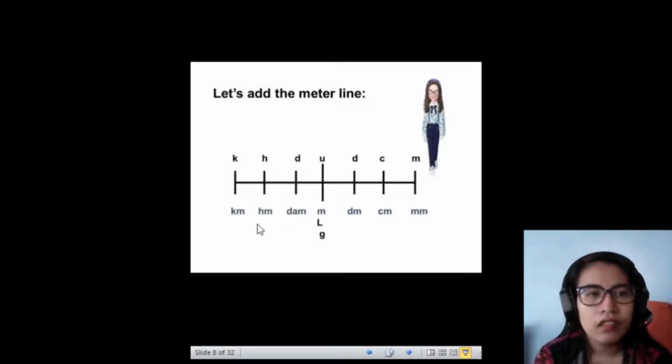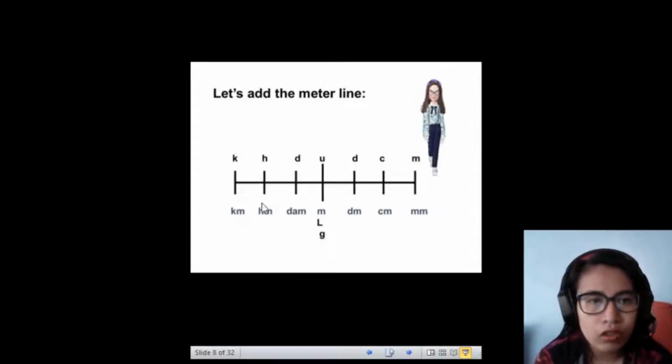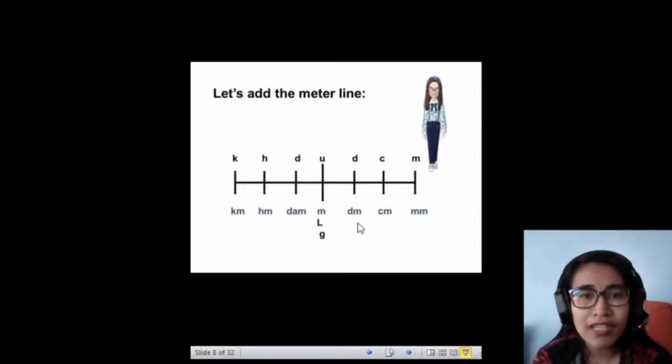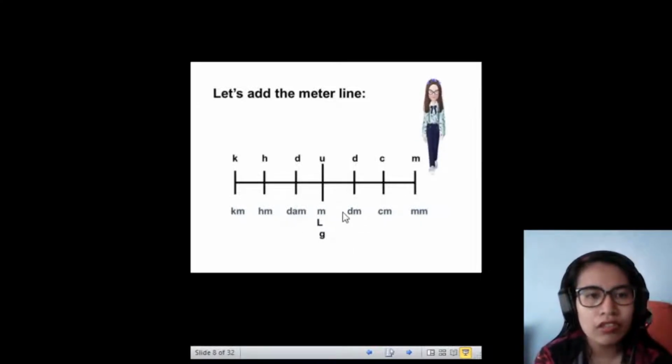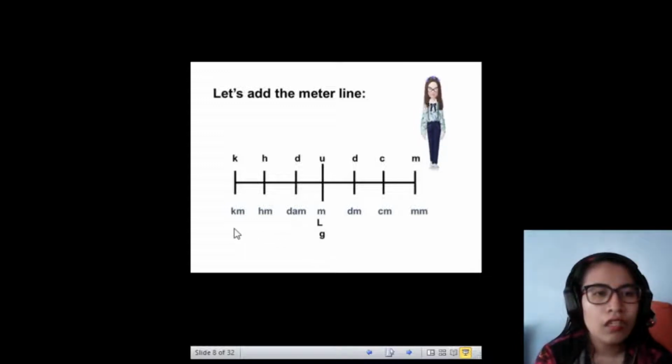Then, as you can see, we have the K, H, D. Then on the right side, we have D, C, M. So on the left side, those can be called kilometer, hectometer, decameter. While on the right side of the basic unit, we have decimeter, centimeter, and millimeter. It's the same if you have the liter. You can call it